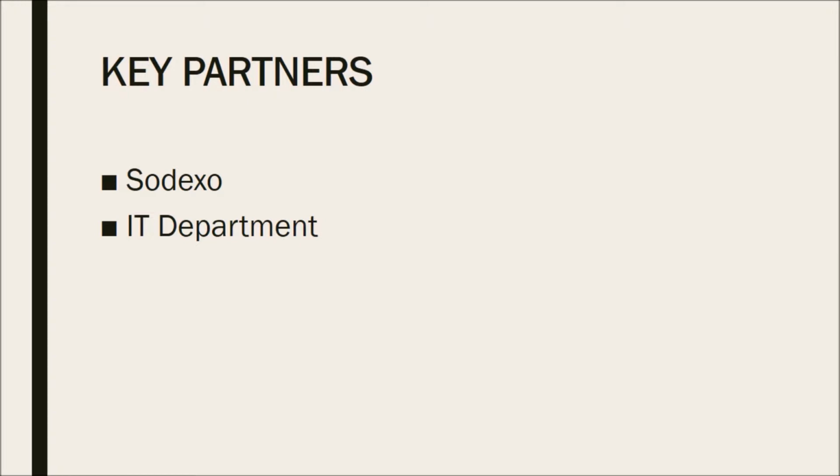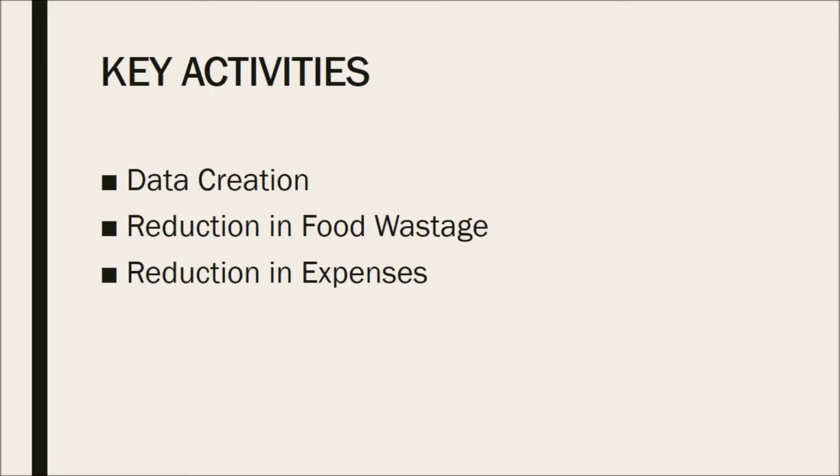They are necessary for handling or storing the data that will be received from the survey, and thus statistics can be easily communicated within the university by the same staff, and no new staff will be required to monitor it. My next element is key activities. So what will be the key activity or key role that my business model will perform?